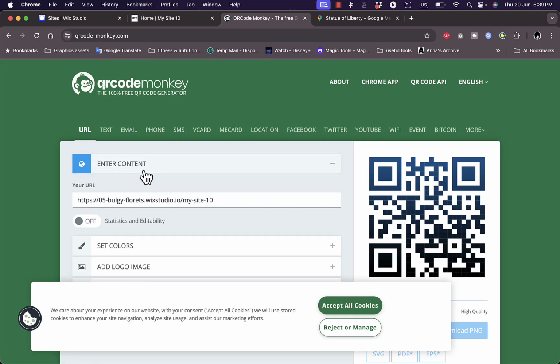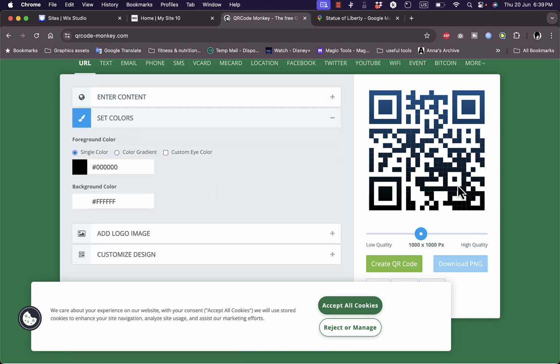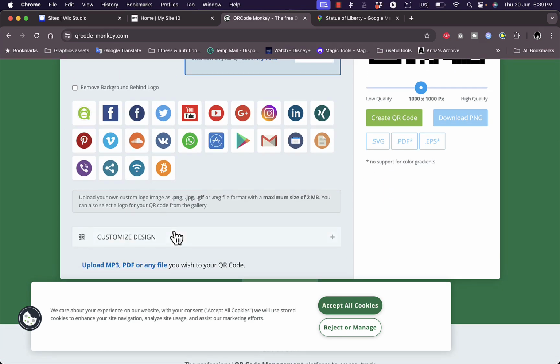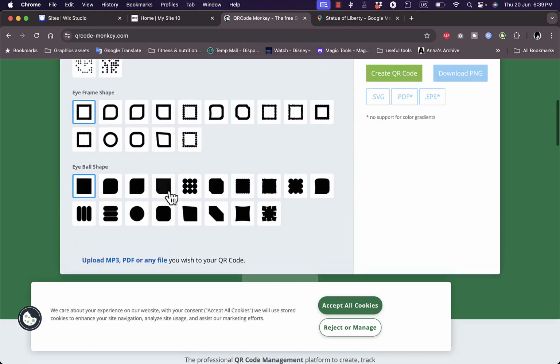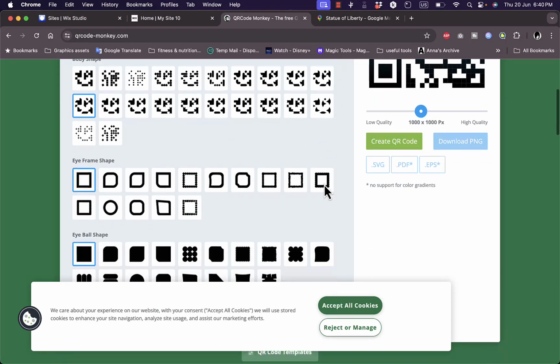Paste your URL here, and then here you can edit how it looks. You can set the color. Let's say I want it in red, and this is the background color. You can add your own logo or image if you want to. So there is no logo for now, and you can customize the design to choose between various designs right here. Let's say I want this design here,